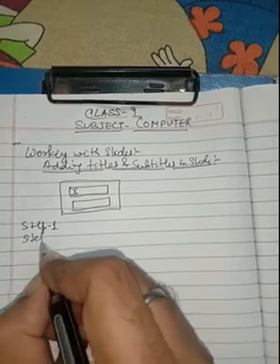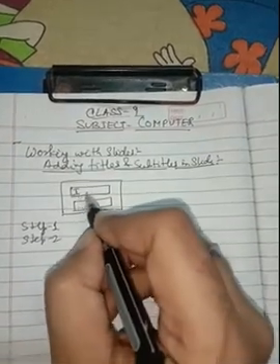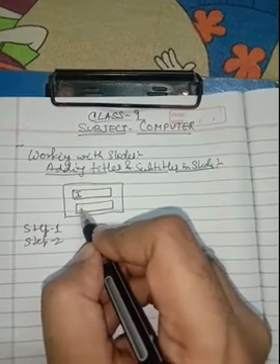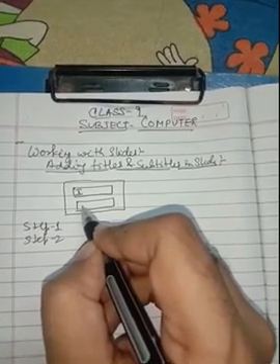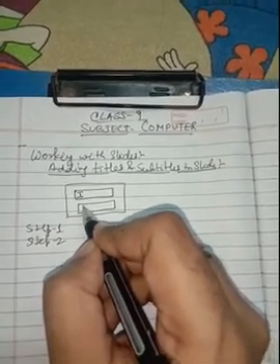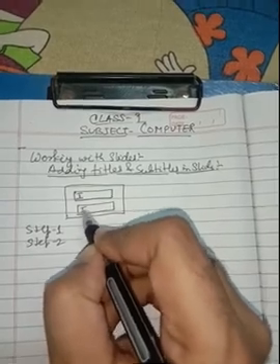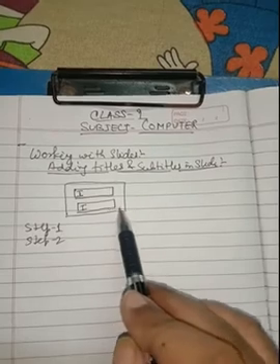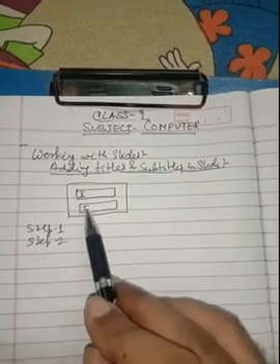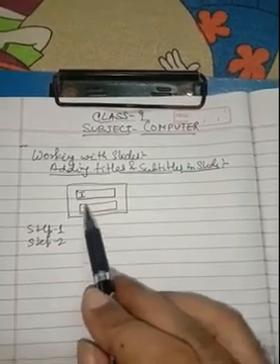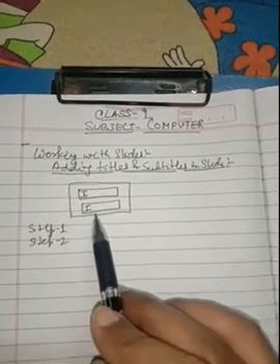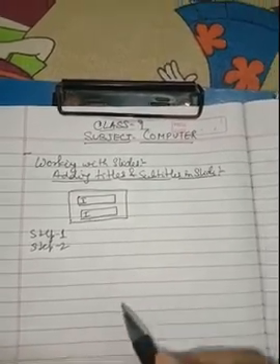Step 2 is, now after typing the title of the slide over here, you can left click in the subtitle box. As soon as you left click in the subtitle box, the blinking cursor will appear over here. So you can type your subtitle over this. You can add the content of the subtitle in this subtitle box. So in this way you can add the titles and the subtitles in the slide.